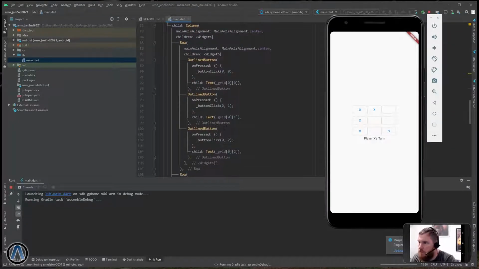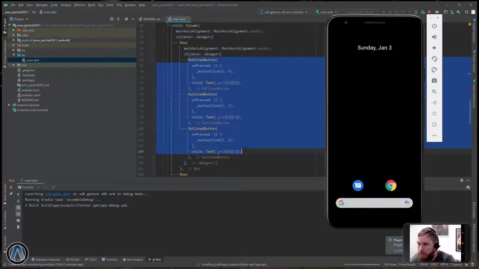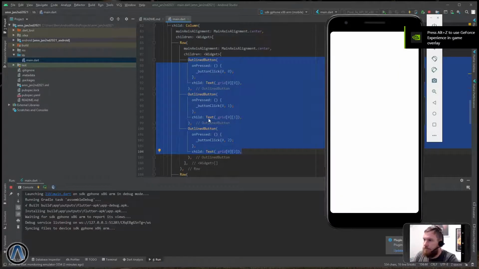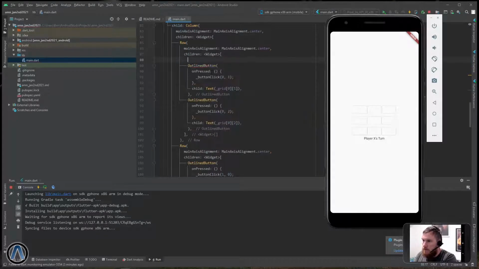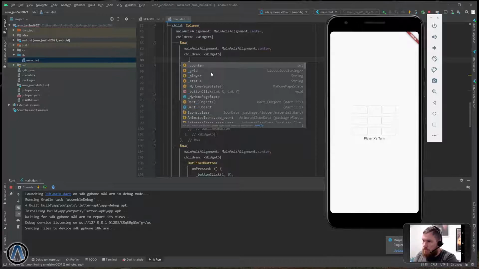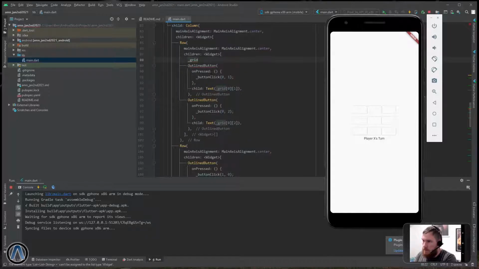Now, one of the first things we want to do is get rid of a lot of the code reuse here. So what I'm going to do is take a widget here. I'm going to create it using a dedicated function. So we'll copy that and we'll call the function grid section. Still needs to go to location,